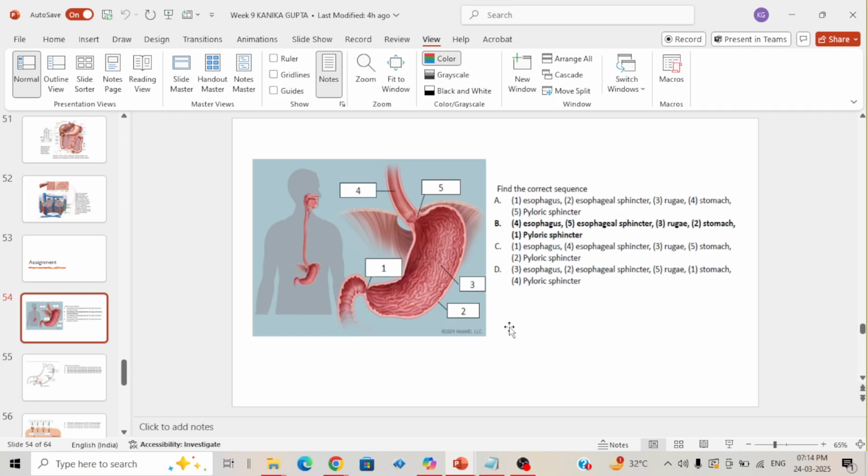I hope you guys will answer. That will help me and you guys both. So what is this thing which is marked as 1? Pyloric sphincter, yes. The thing which is marked as 2? Very easy. It is the stomach. Yeah, right. The thing which is marked as 3 is